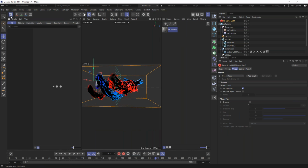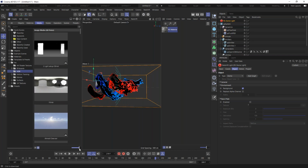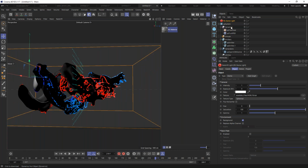And I'm going to use, in the asset browser, in the media, in the text, we have HDR, and I have loaded some HDR. I like this one, for example. So let's go back here. Those are my own HDR. I just added them to the database. I'm going to drag and drop here, so it's loaded. Okay, now if I'm going to render,